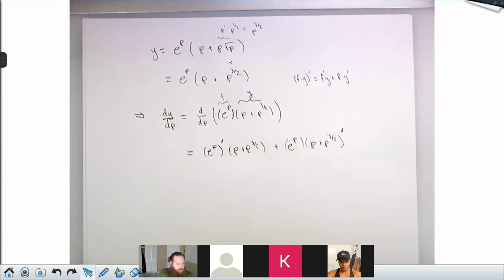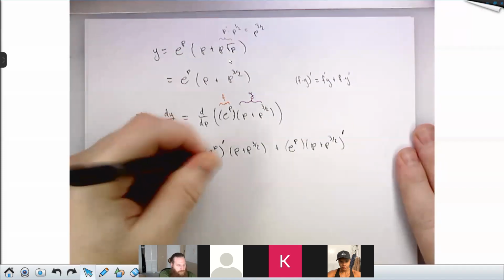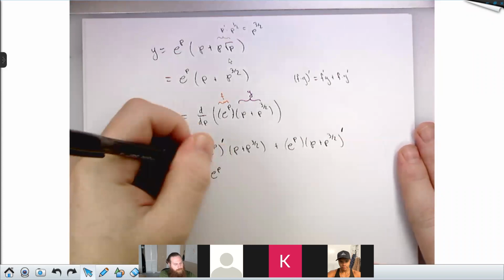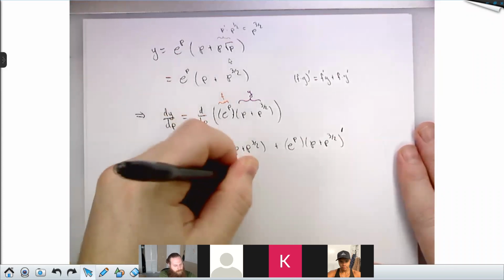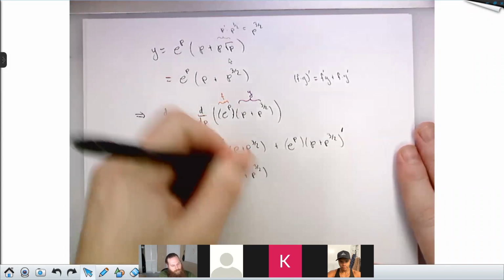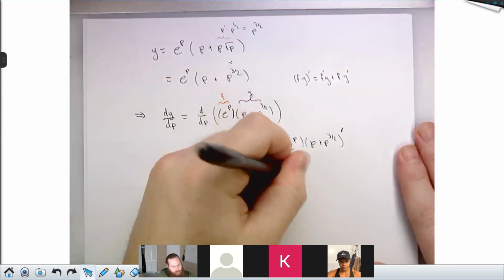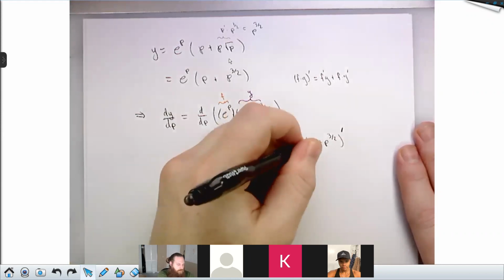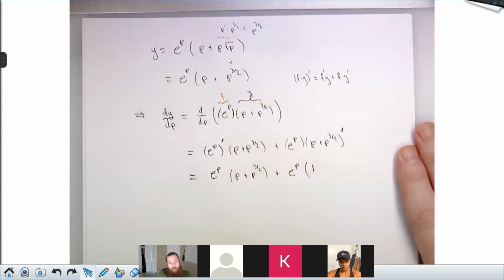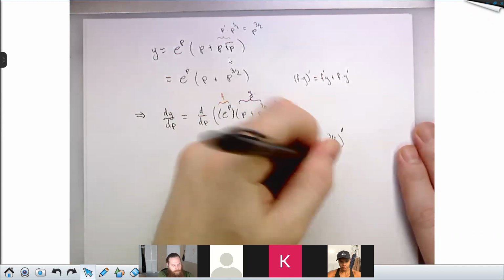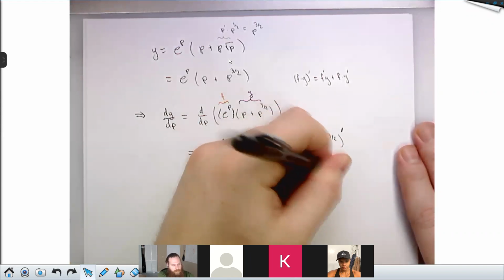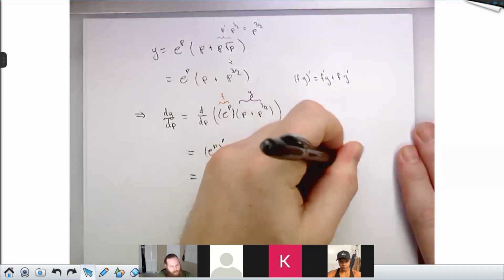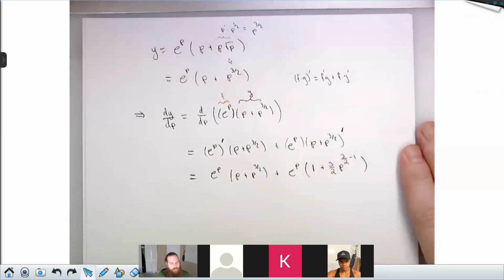All right, now let's take my little derivatives. When I prime e to the p, I get e to the p. And now I leave this piece alone, p plus p to the 3/2. Plus, this e to the p wasn't being primed, he's just chilling. And this guy I need to differentiate now. So the derivative of p, just like the derivative of x here, because I'm differentiating with respect to the variable p, this piece will differentiate to 1, plus this piece will differentiate to 3/2 p to the 3/2 minus 1. It's a power rule.